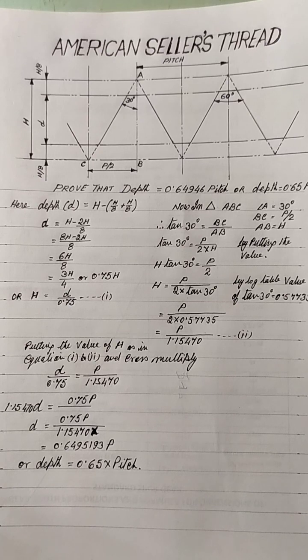Okay? And here in metric thread, all types of metric thread, how are threads represented? It is represented according to the pitch of the thread. What is the pitch of the thread? Not TPI. In BSW it is TPI, in metric thread, pitch. Pitch may generally be 0.1, 0.2, 0.3, 1 millimeter, 2 millimeter, 3 millimeter. So according to that, whatever the pitch is there,